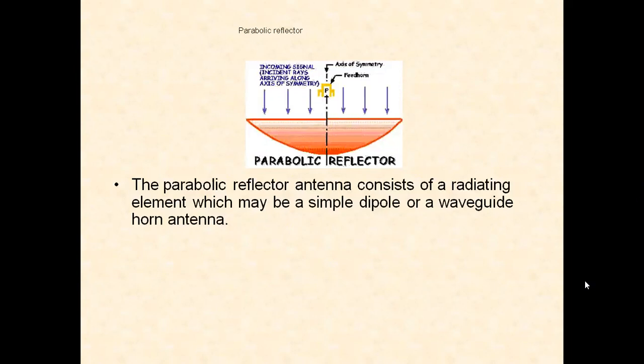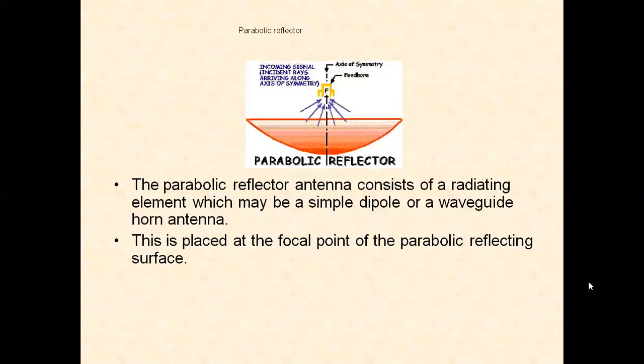Consider a source of radiation placed at the focus. All waves coming from the source and reflected by the parabola will travel the same distance. They reach the directrix no matter from what point on the parabola they reflect. All the waves reflected by parabola will be in phase. Due to this, radiation is very strong and concentrated about the axis. Further, if a beam of parallel rays is incident on the parabola surface, they will be focused at the focus point. This is due to the principle of reciprocity.